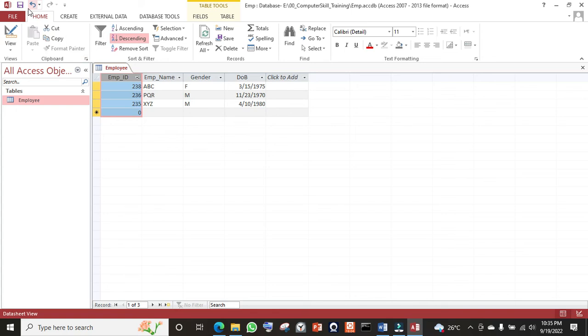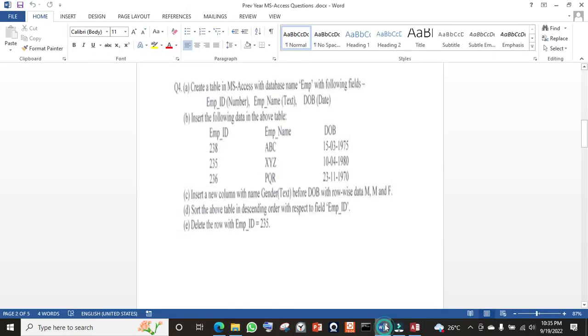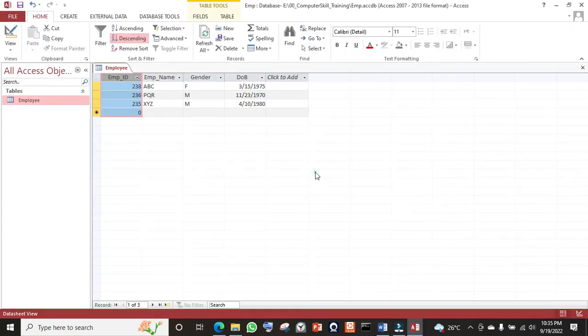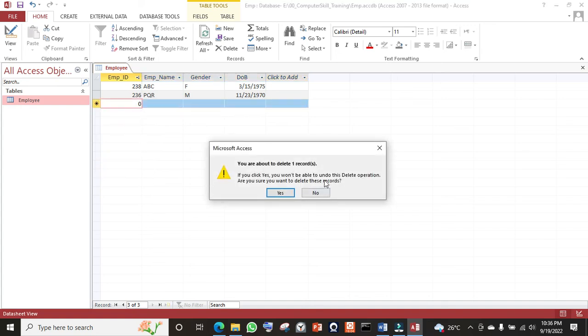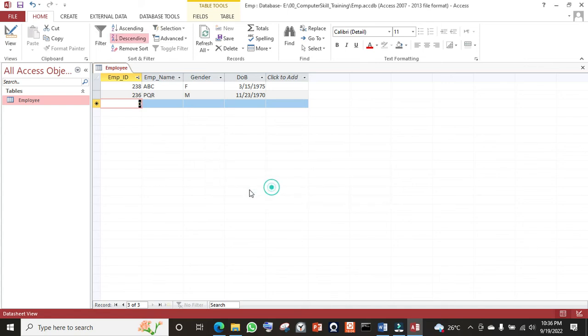So now you have completed the activity that was planned, and then he is asking us to delete the row with employee ID. So the last column it's asking to delete. So you select the record, right click, you get the option new record, delete record. So we go and we delete it. Okay, so we deleted that. Yes, so now you save it,